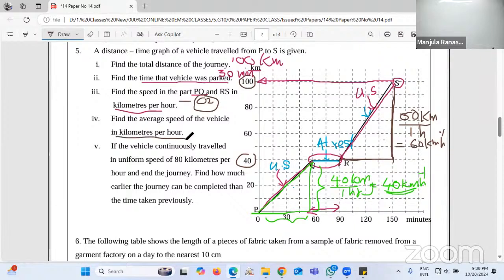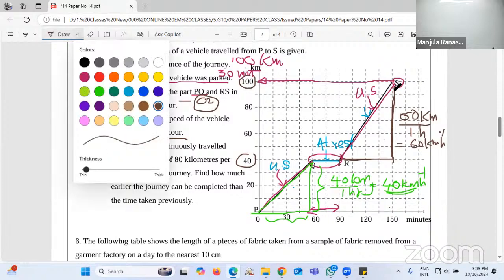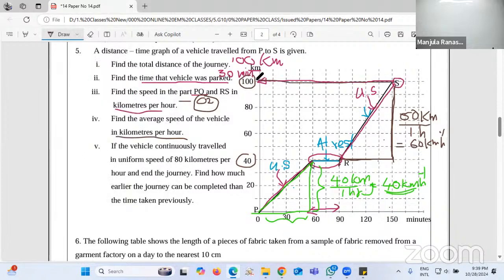Average speed, remember the equation: the total distance traveled divided by the total time taken. Average speed means the total distance over total time. So how to find the total distance? This is the ending point. This is the total distance traveled. That means 100 kilometer divided by the total time taken. What is the total time? This ending point, connect to the x-axis. That is 150 minutes. 150 minutes convert to